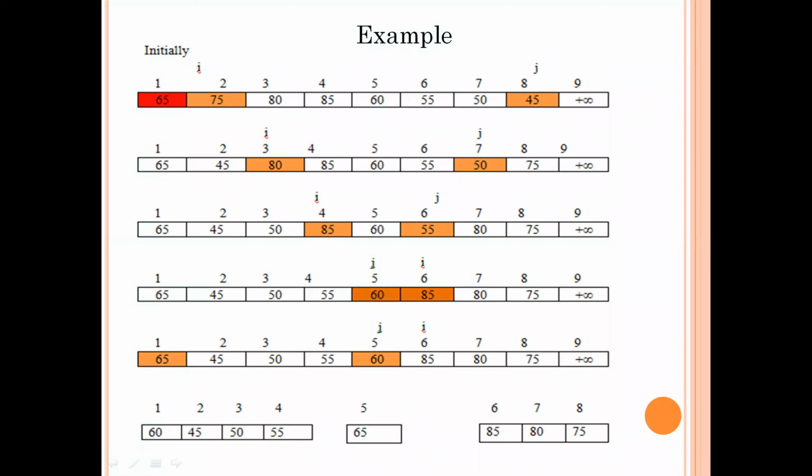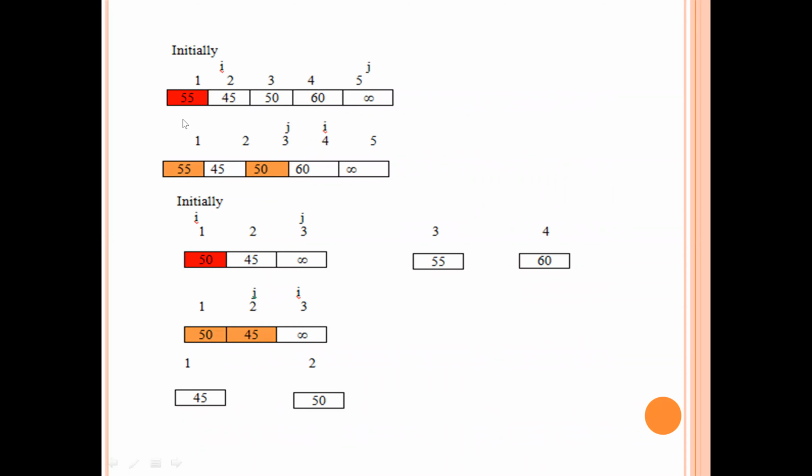So like this you will get a sorted list of one element. If you combine all those sorted lists, then you will get the final list of 8 elements. Now you can see this left sublist and right sublist. This is the left sublist. Now again your pivot will be selected, and the same process with I and J.